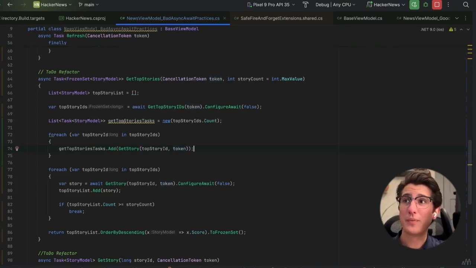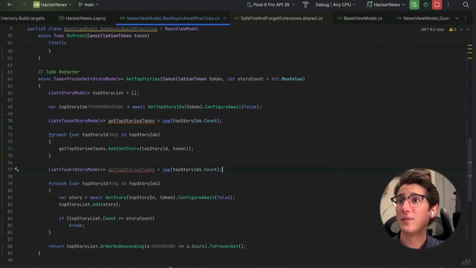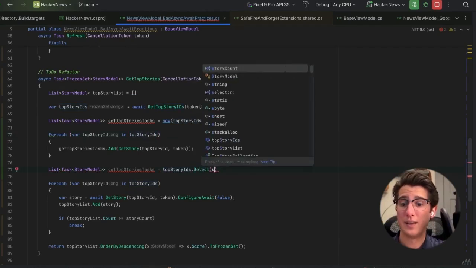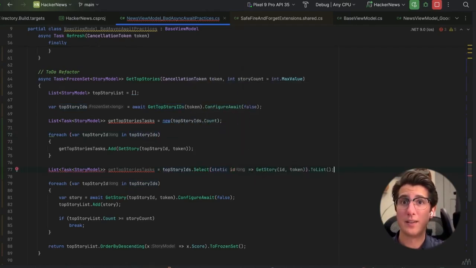So this code is essentially the same as this code here. We're just getting red squiggles because we're reinitializing the variable twice, but .Select is under the hood